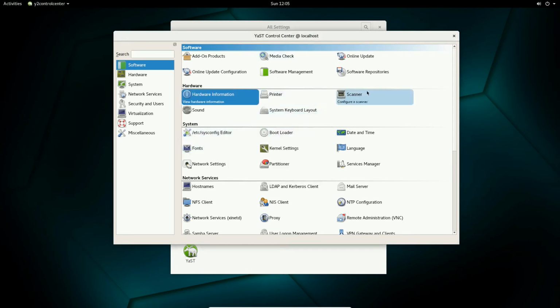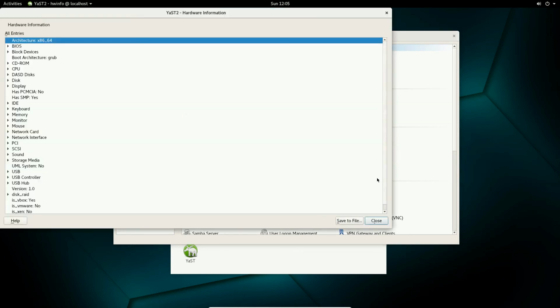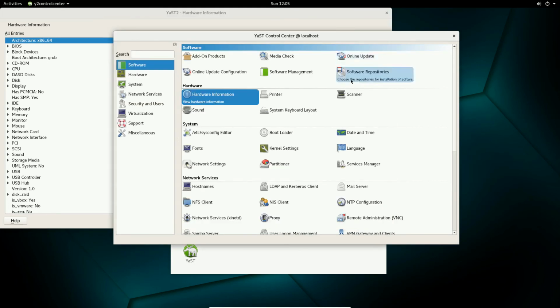It's got printer, scanner, system, sound, fonts, bootloader, kernel settings. Some of these settings are not necessarily good for a newbie, for example. They might be a little bit overwhelming. I'm going to get to that in a second. But they allow the experienced user to have fine-grained control over a plethora of elements within the operating system